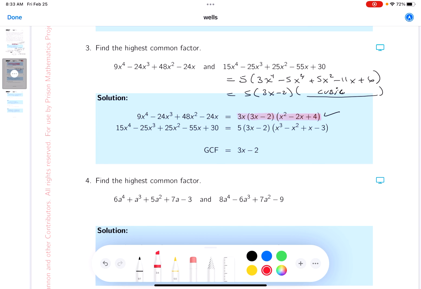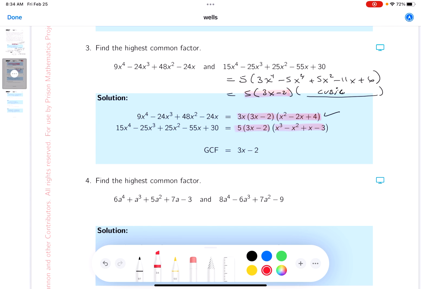It's kind of pointless because we've been doing it for a while now. But you're going to get the factor 5, 3x minus 2. Yep, I did the long division, got remainder 0. And that's the remaining quadratic, or the quotient there. All right? Now, granted, someone says, well, could you factor those guys? You could try, but I'll be honest with you, the quadratic in the first one,